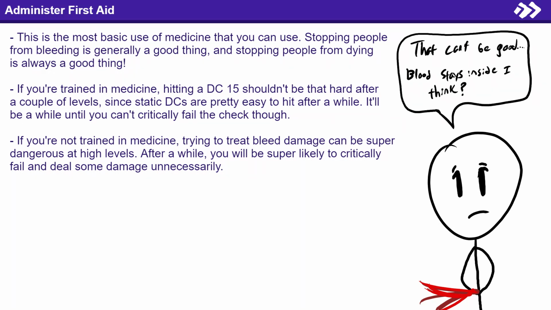If you're trying to stabilize someone, then their dying condition increases by 1, and if you're trying to stop them from bleeding, then they take the normal amount of damage that they would take from the bleed, but they don't get a flat check at all, so you basically just trigger the persistent damage without giving them a chance to get rid of it. Overall, it's a pretty simple and straightforward use of a skill, though a quick word of